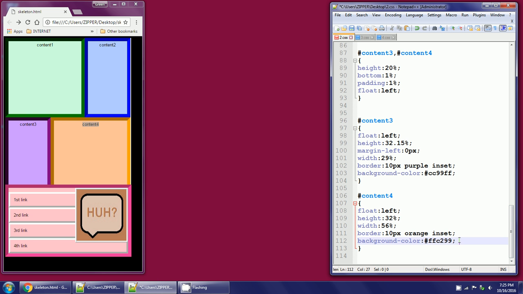And lastly, for Content 4, we've got this orange area. Float left, height 32%, width 56%, border 10 pixels orange inset, background color #FFC299. These colors I'm not changing from CSS to CSS. That's something that you can change too, but basically the differences that I'm showing you is where I'm putting my